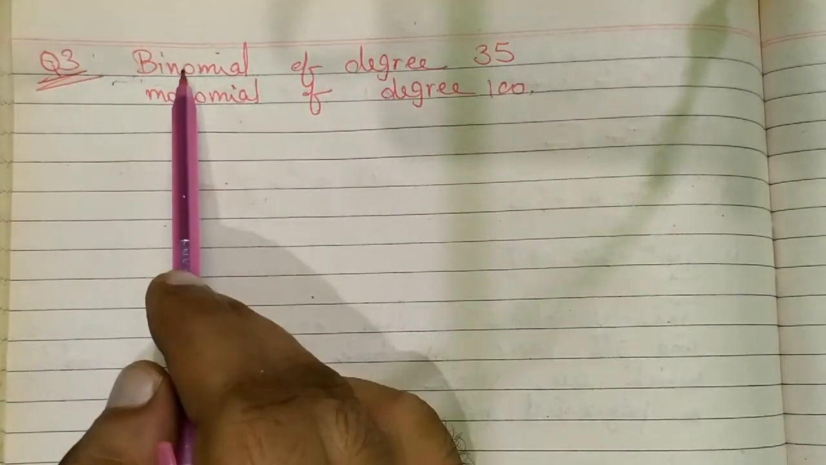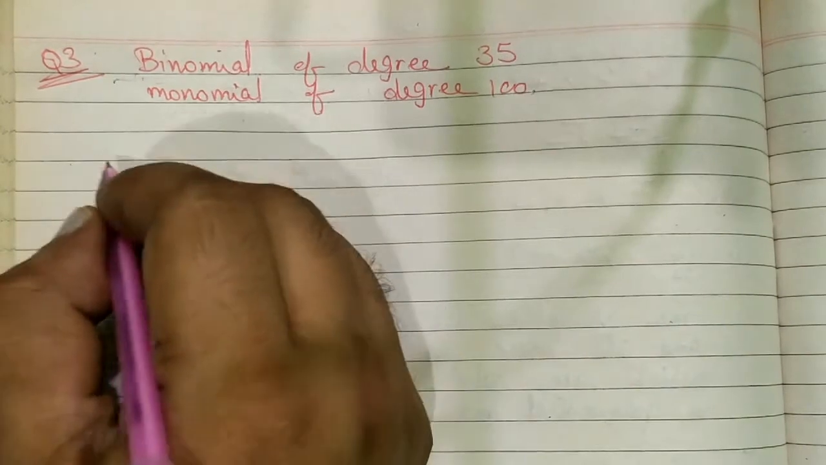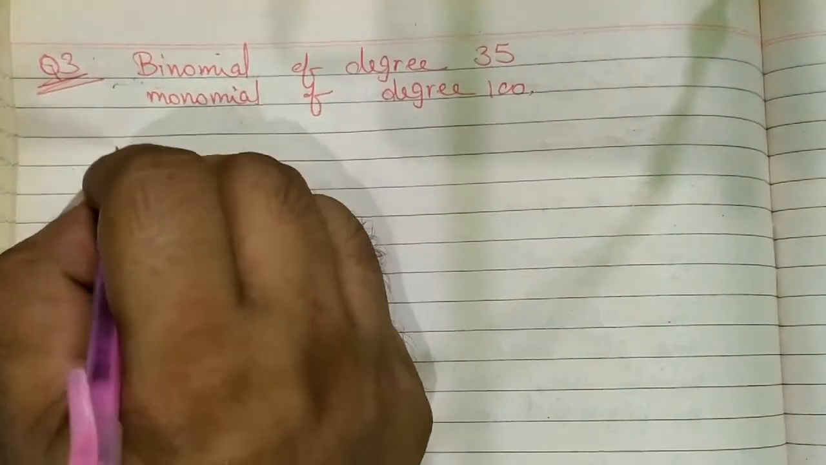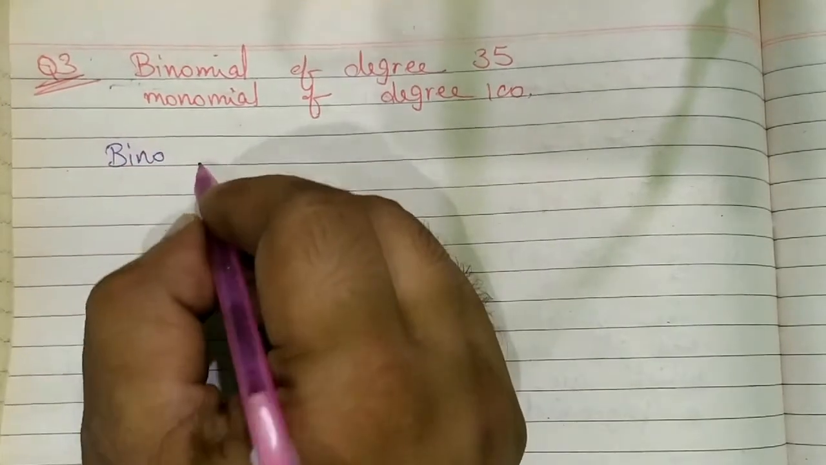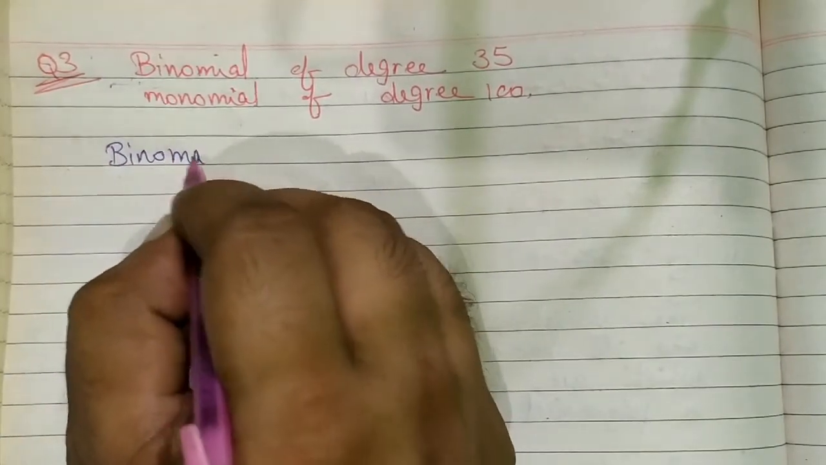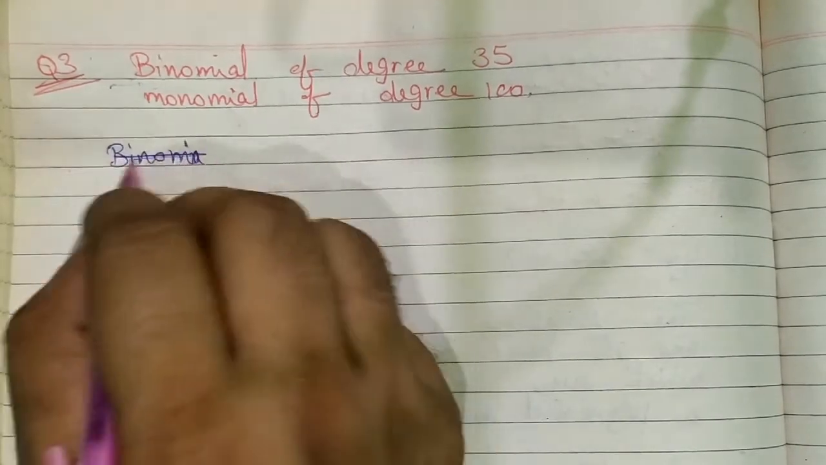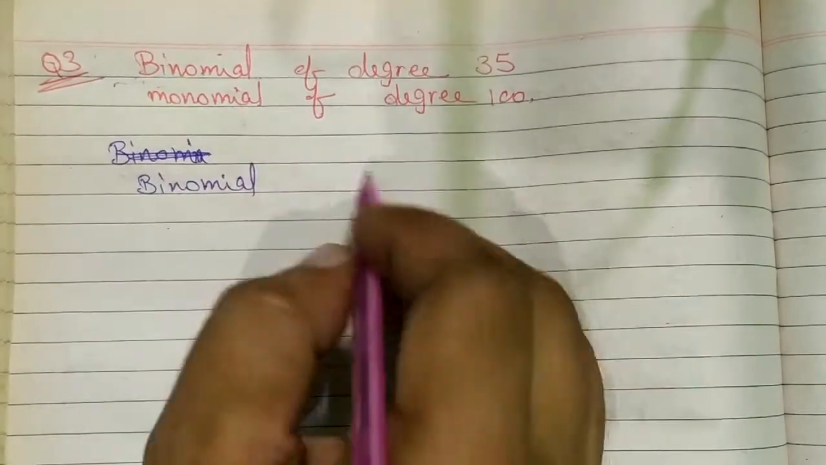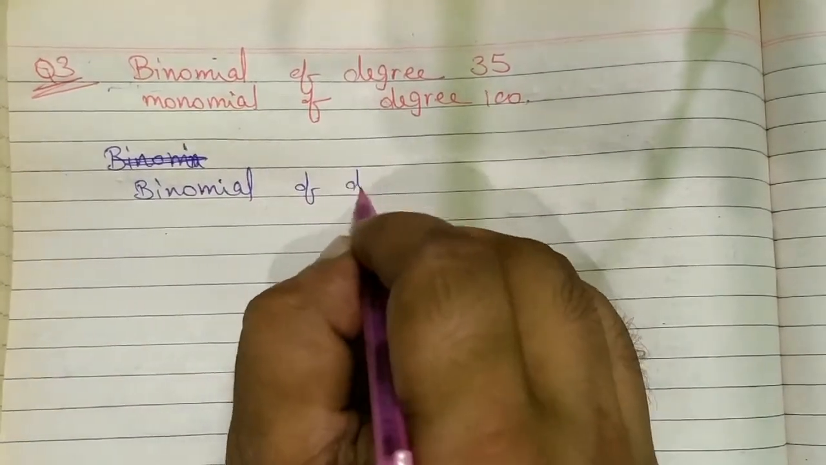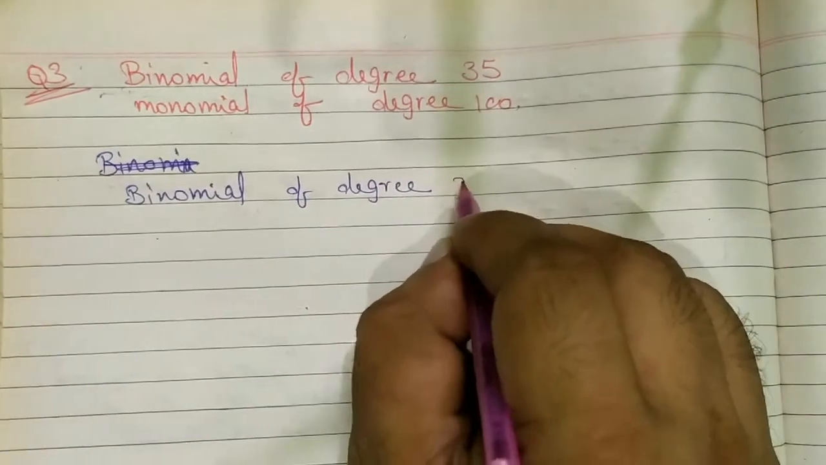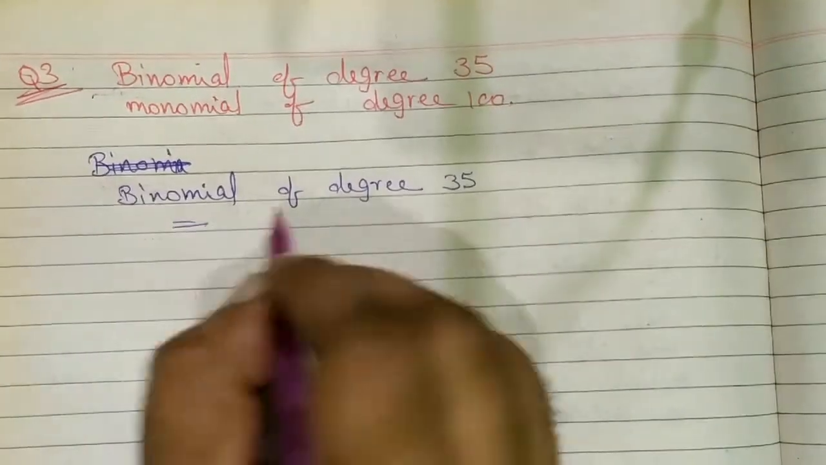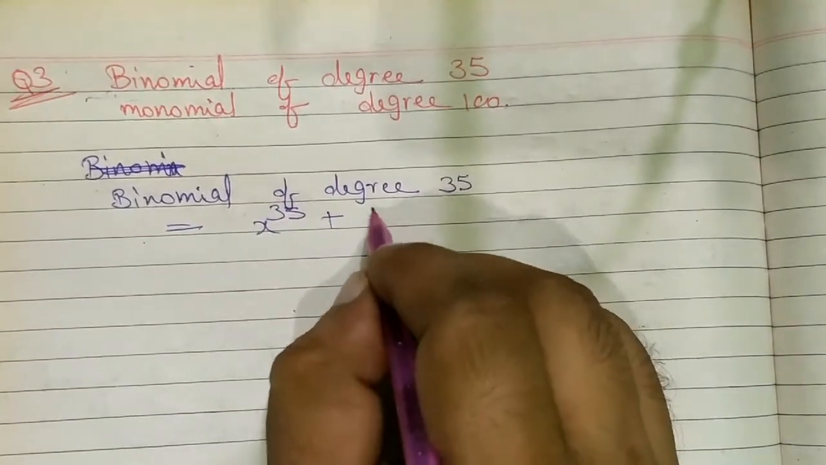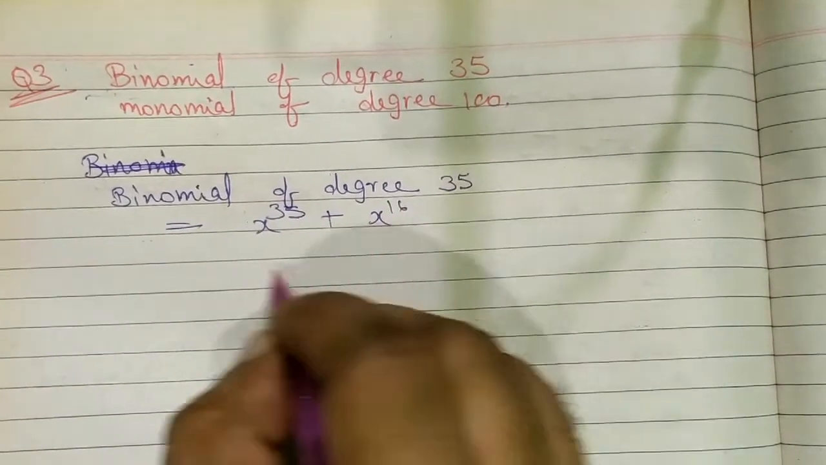And if we are taking two variables, then okay, let's start with the first one, which is a binomial of degree 35. Now it may be x^35 plus x^16